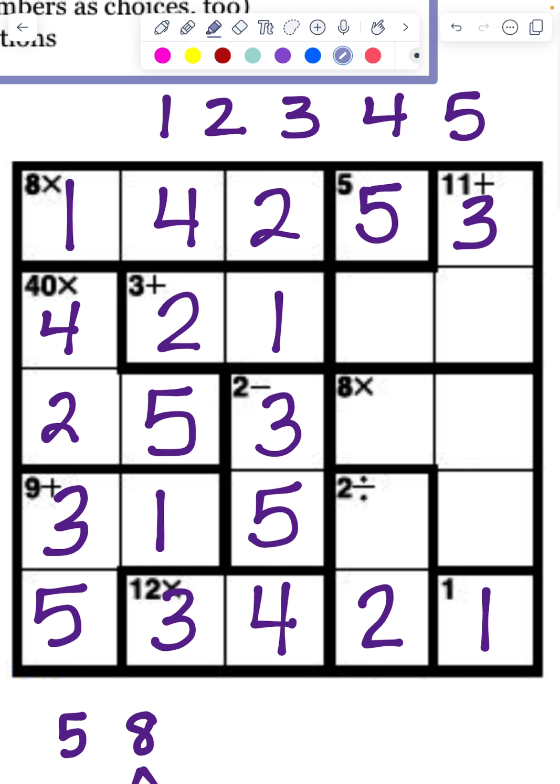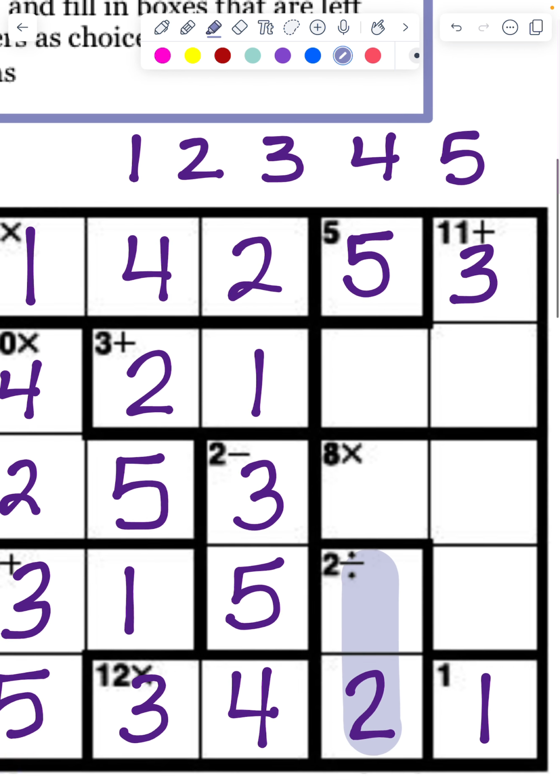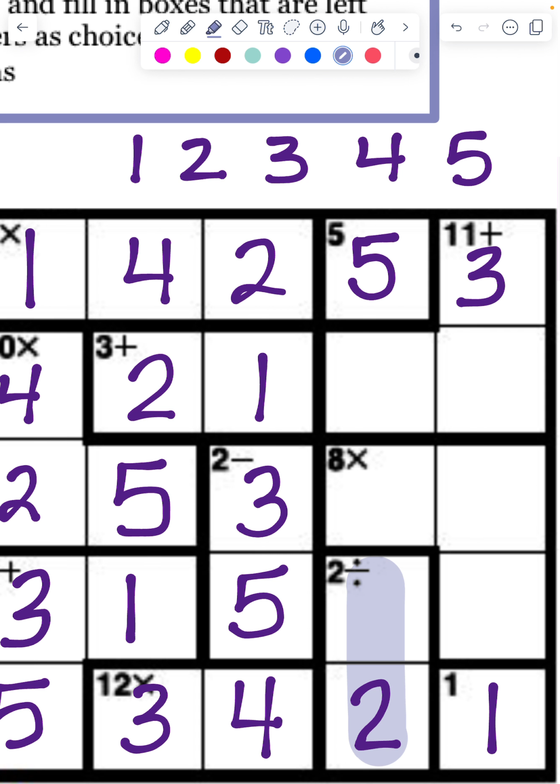Well, let's take a look at this box here that says 2 divide. This means that the 2 numbers divide to equal 2. Now, knowing what we know with 2, and again, let's take a look back up at our list. This one, we have to be careful. We never know which is the first number and which is the second number. So when we're working with division, we have to be careful because it could be 2 divided by something is 2, or something divided by 2 is 2. So we actually have 2 different options for what could go in that second box,